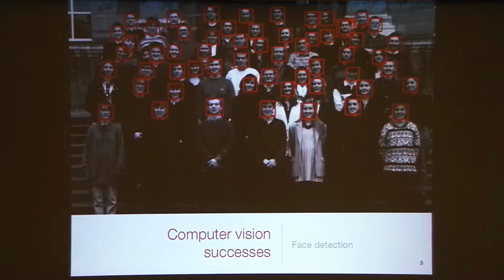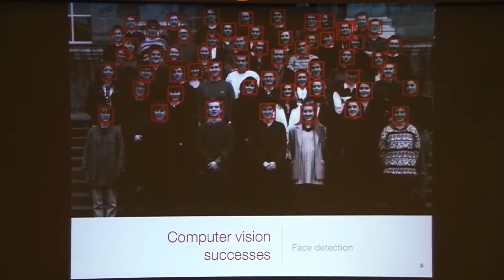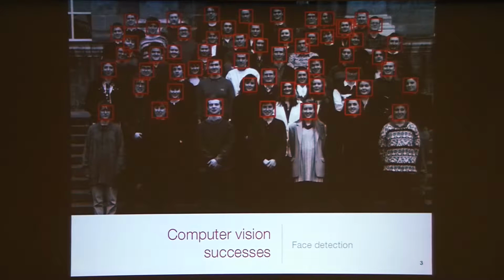We've tried to engineer computer vision systems for many decades, and we still are very far from having computer vision systems that can compete with the accuracy and robustness of the primate visual system. I think a lot of my colleagues in neuroscience actually complain a lot about progress in computer vision. I'm more on the optimistic side, and I think it's fair to say that computer vision has made a lot of progress in the past 10 or 20 years.